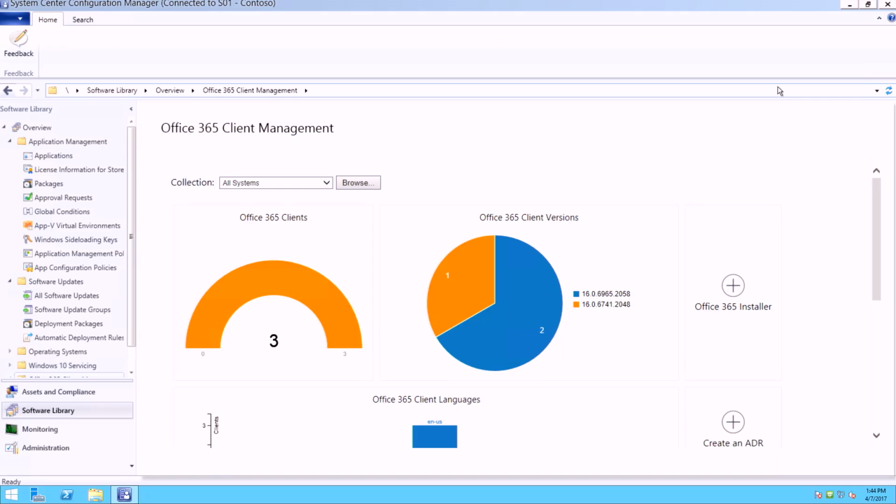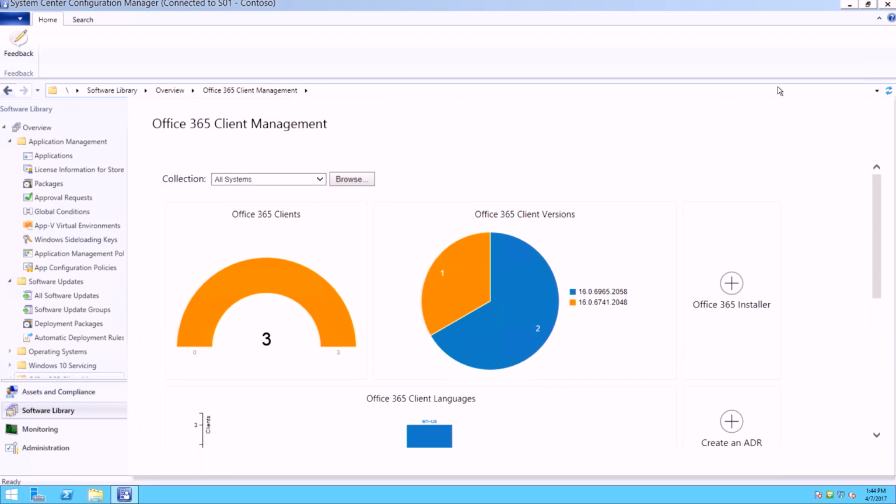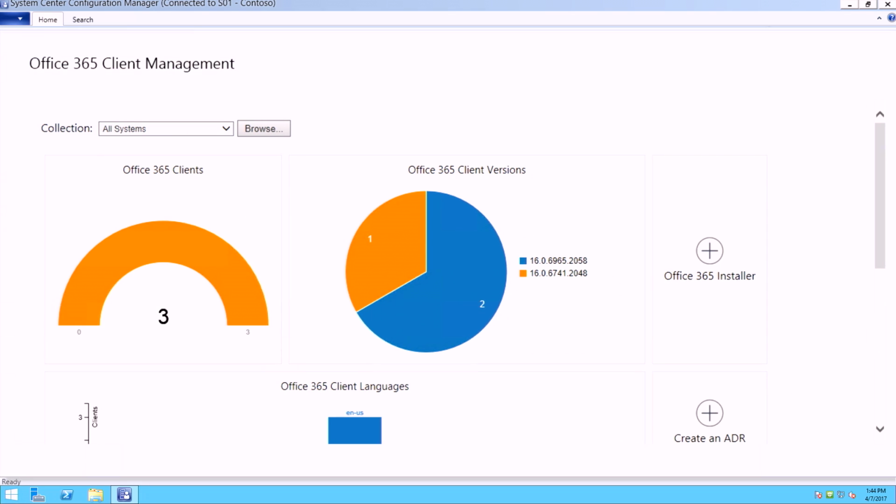But I know we're doing a lot of work in terms of deployment. Can you explain what's new there? Yeah, certainly. So we've done a lot of work with System Center Configuration Manager. And if you have up to version 16.10, you're going to see a lot of greatness here where we introduce